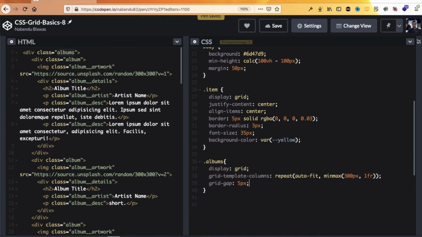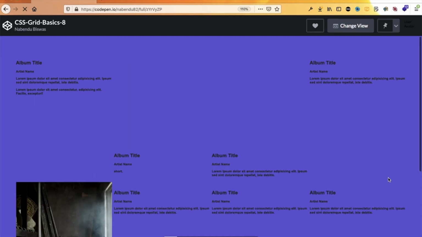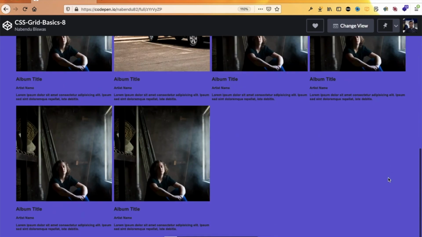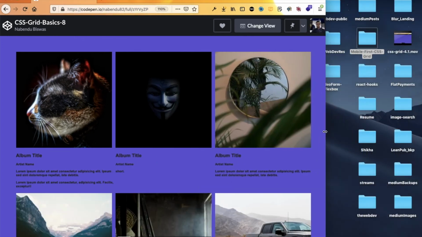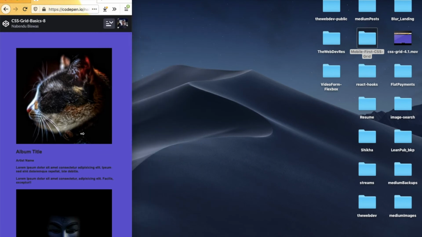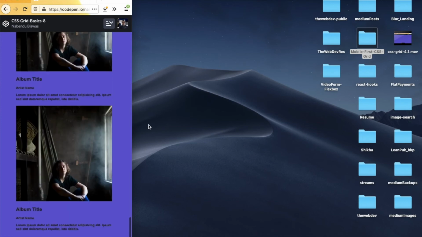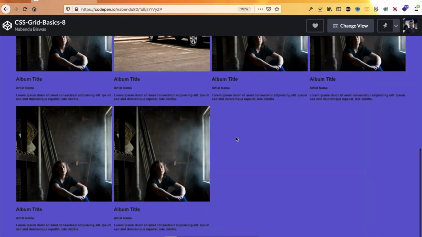Let me save it and let me refresh it, and 90% of our work is already done because everything is there, and see, it is fully responsive. When the width is less than 300 pixel, it is 1fr, a full row. With just that much code we have got it. But this all is not looking good. So the next thing is that